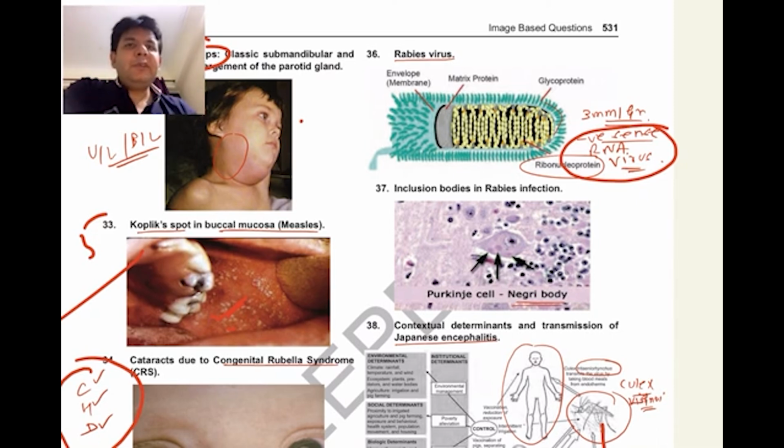And what is pathognomonic here? Pathognomonic is the finding of the Negri bodies, which are intracytoplasmic, eosinophilic inclusion bodies. Fine. So that is also important. And for which particular biopsy do you go? The nape of the neck tissue biopsy, and you can go for the DFAT, direct fluorescent antibody testing, or antigen testing